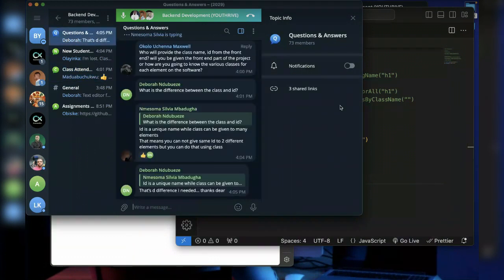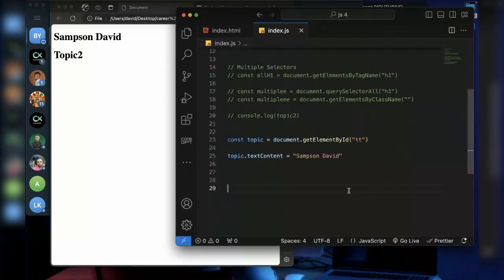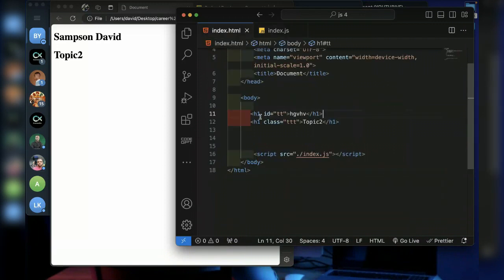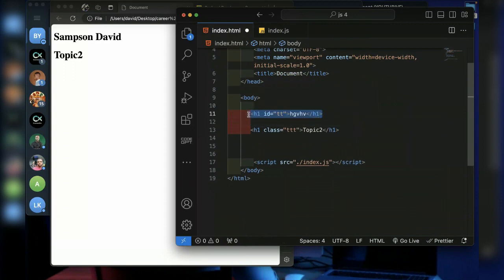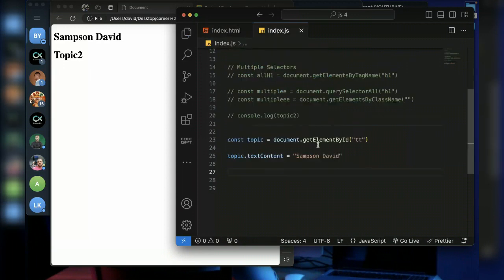So you can assign a different text content to it. Now you can do this as many times as you want to change the content of a particular tag. It doesn't have to be H1, it can be any of the heading tags, it can also be a span tag, it can be any tag that you want. You can manipulate any tag. But for now, we are trying to use H1 to demo how you can interact with the document or the DOM.